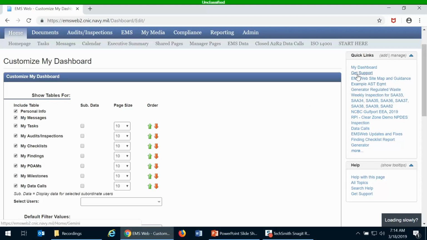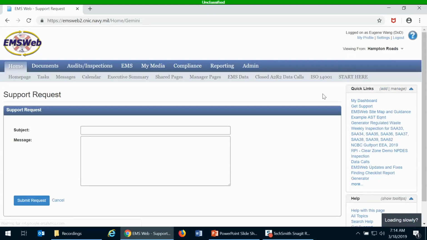Another quick link that is always available is this Get Support. And so this is basically your help function. You can enter in a subject and a message and submit that request. And then that will generate an automated email that goes to all of the EMSWeb administrators, and then someone will get back to you shortly